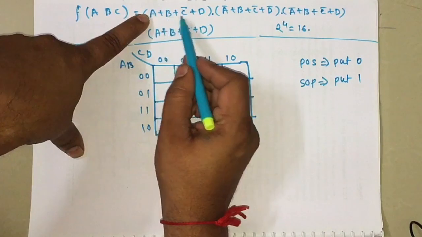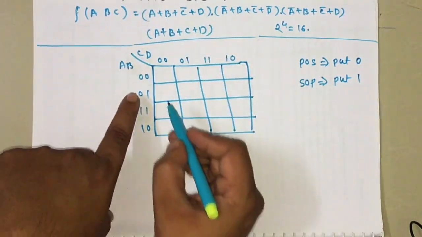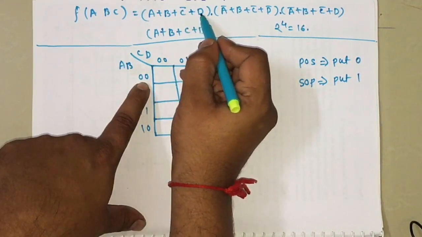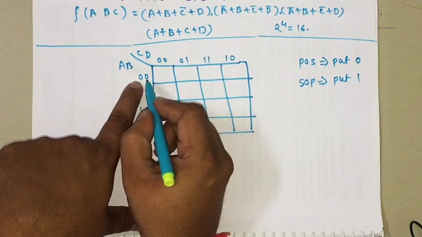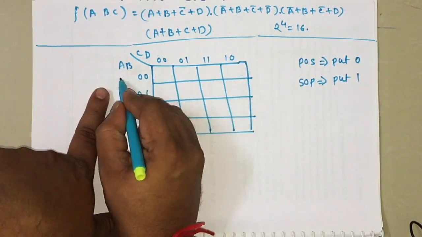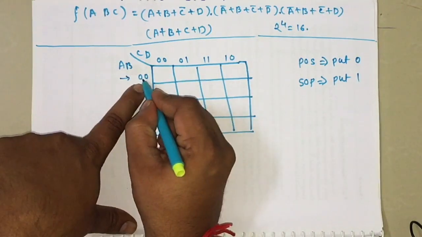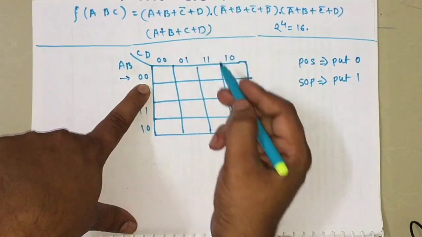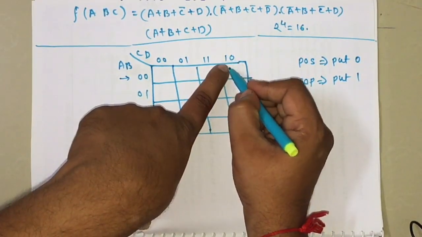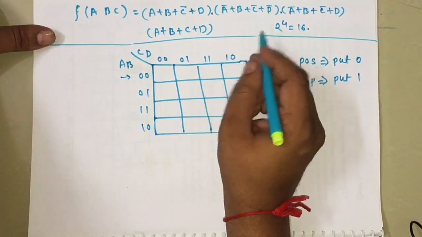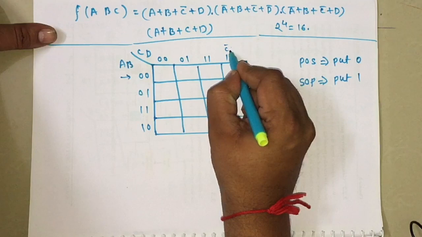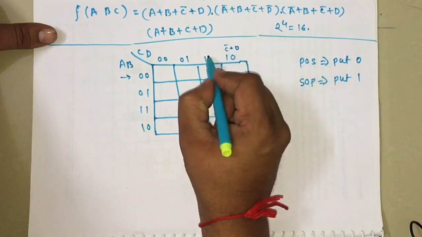Okay, so A B C bar D. So this is A plus B and C bar plus D. So A plus B means we have to select this row, that is A plus B, and where is the C bar plus D? C bar plus D, this is C bar plus D. Okay, for the simplification purpose we can also write the values here, C bar and this is C bar plus D, this is